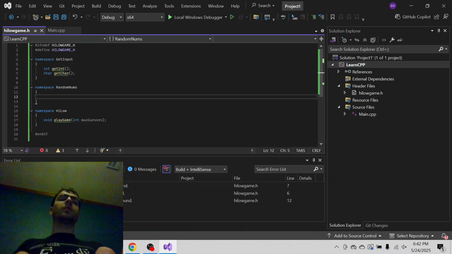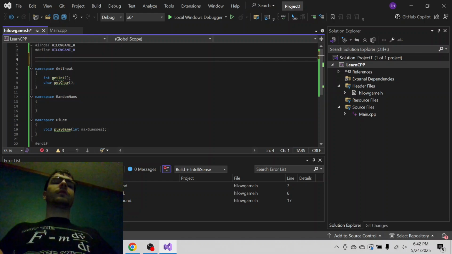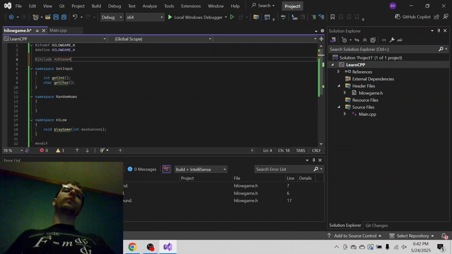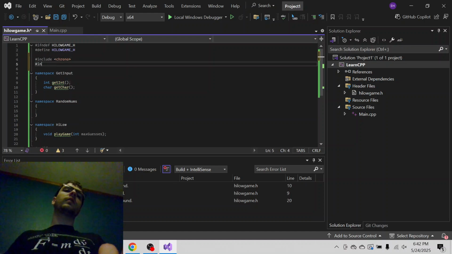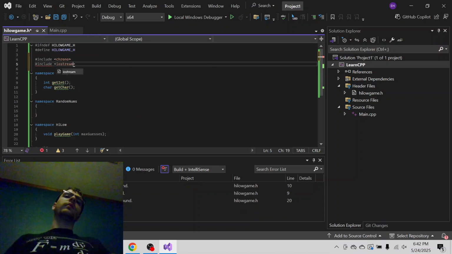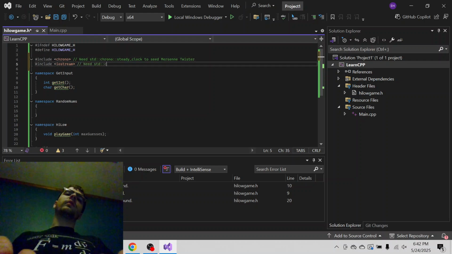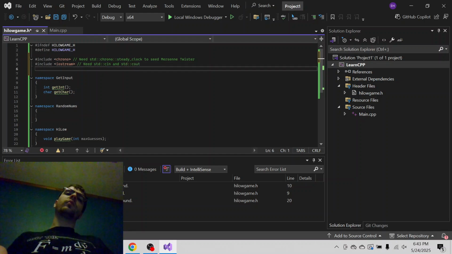Okay. This is going to need random. This is going to need character input and output. So we'll need chrono for the random number generator to get steady clock. In order to seed a seed sequence, in order to seed our Mersenne twister, we need input and output. All right, so we need standard chrono steady clock to seed the Mersenne twister. Need standard character input and standard character output because, of course,